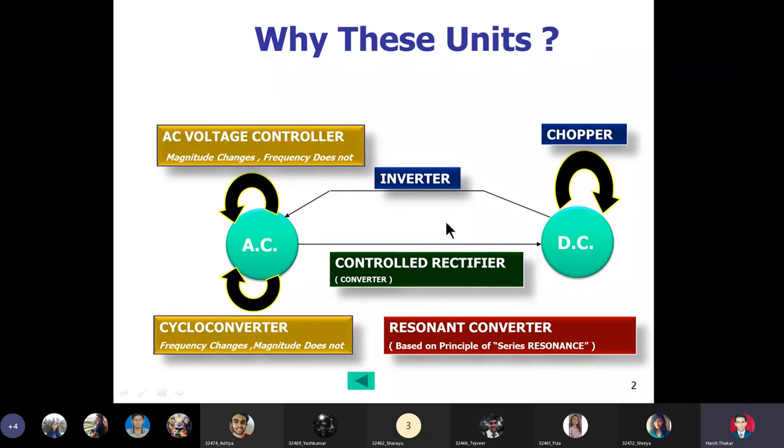So now I am very serious about making the kit on 3-phase inverters, the idea which I floated in yesterday's theory session at the end. So in the list of SPPU experiments, there is no experiment on 3-phase inverter 120 degrees and 180 degrees mode, but because it is a part of the syllabus, I thought why not to have a kit for oneself. So I am trying to build this kit in-house.